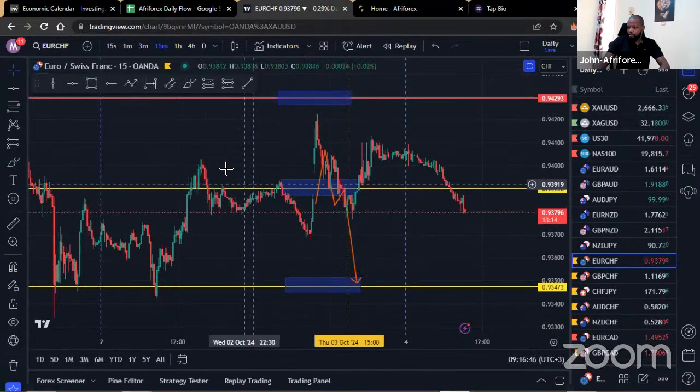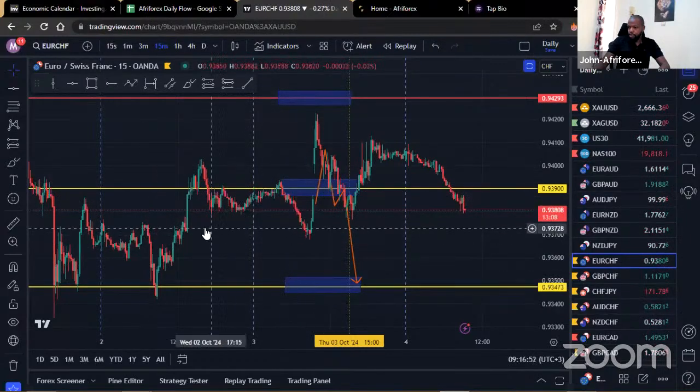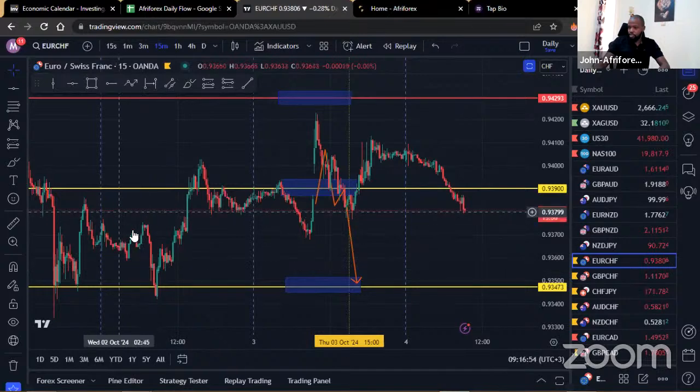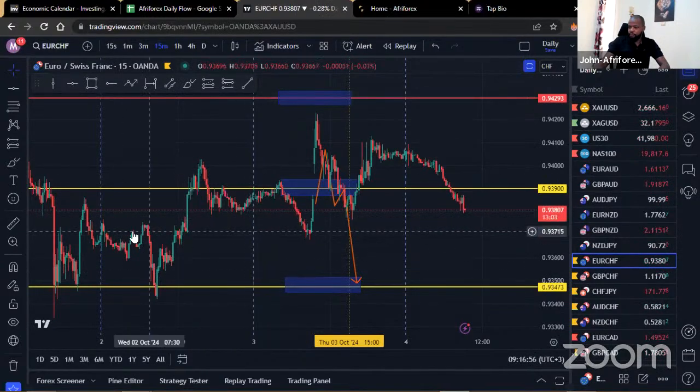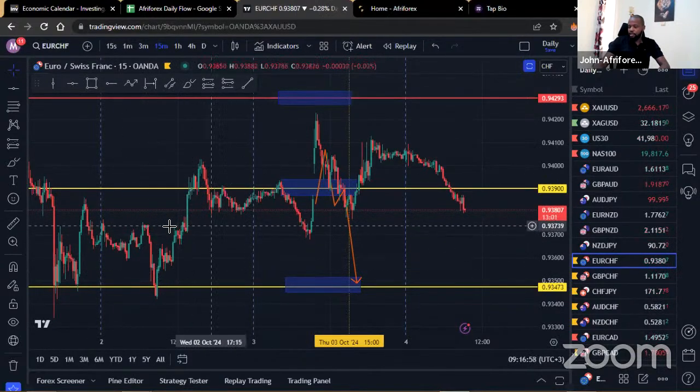I jumped in on a sell on this one somewhere within here. I think Mitch did showcase that trade or that screenshot yesterday coming down, but I managed the trade within this region because I'd seen how the buyers had come up within there. There was definitely an SNR somewhere within here.